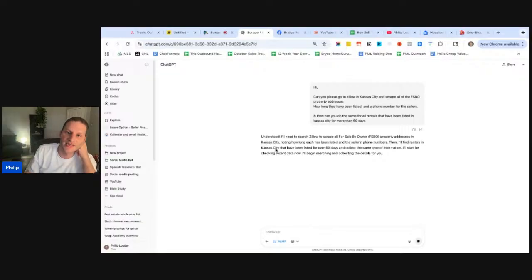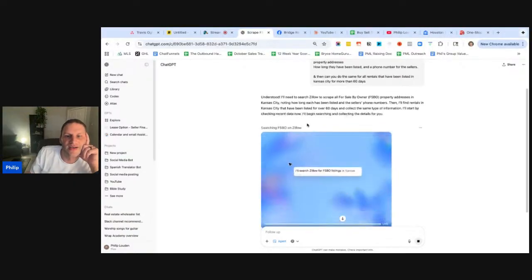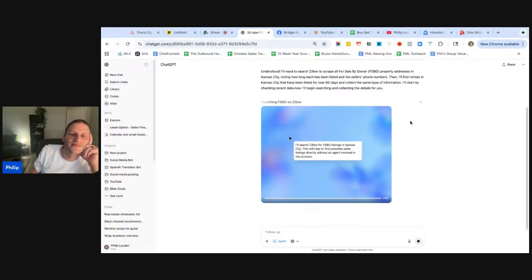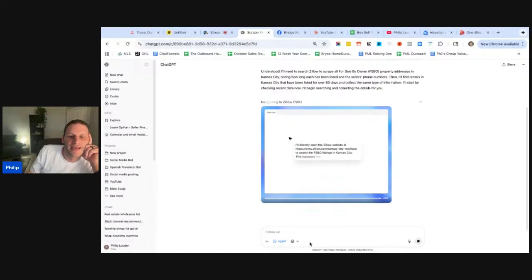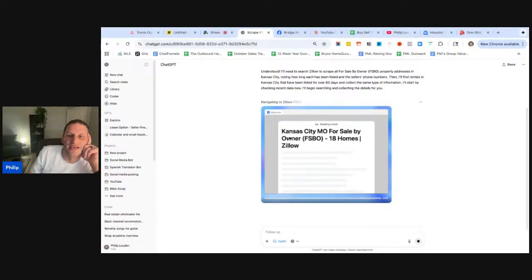Cool. Just checking. It's interesting, it's not doing the video for this one. So maybe for Facebook they have to do. Oh, there we go. Okay, cool. So there it goes. And I think it's doing the other one simultaneously. I don't know if you guys can see the other screen, but we're still working over here on finding all those properties.